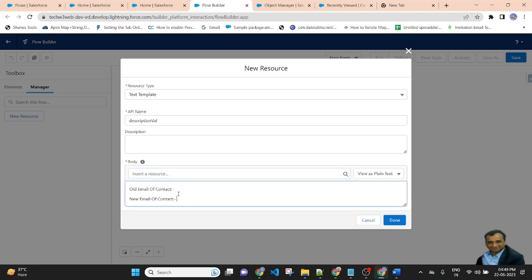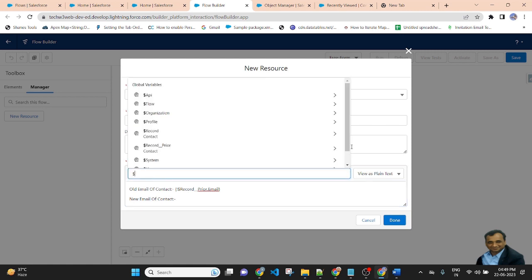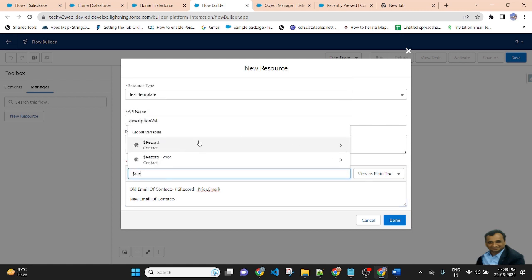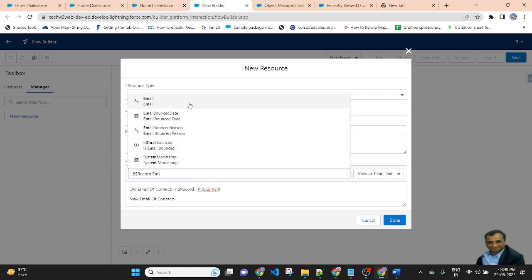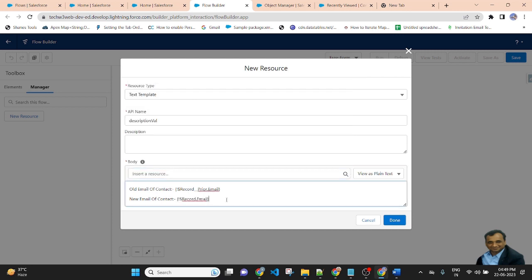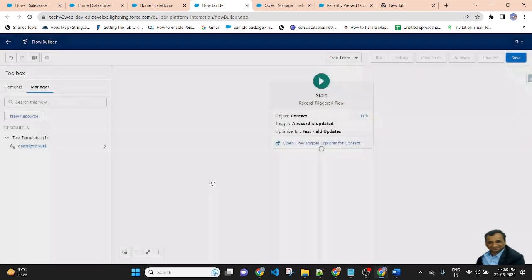This is the old value, and $Record.Email will display the new value of the email. So $Record__Prior displays the old value of the email of the contact, and $Record.Email will display the new value of the contact. And done.